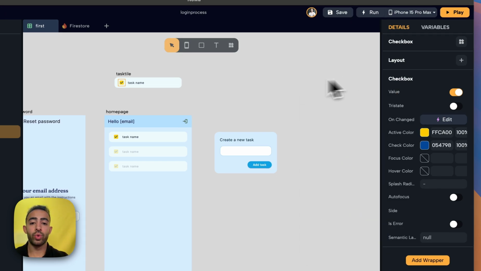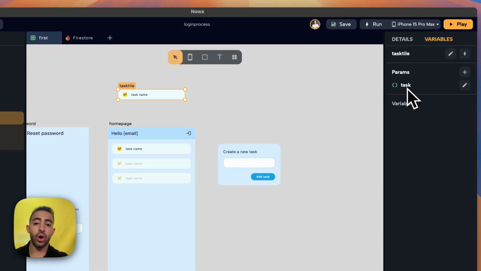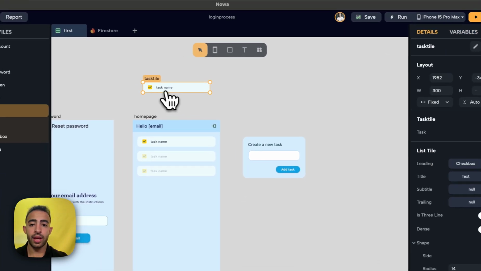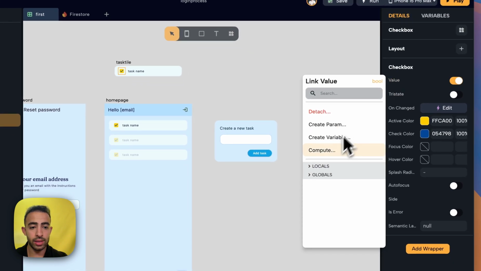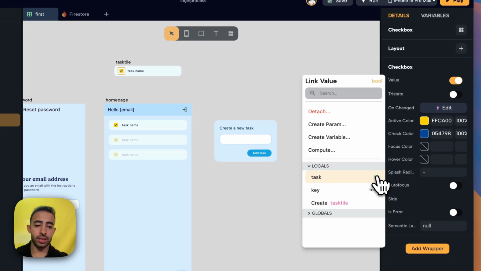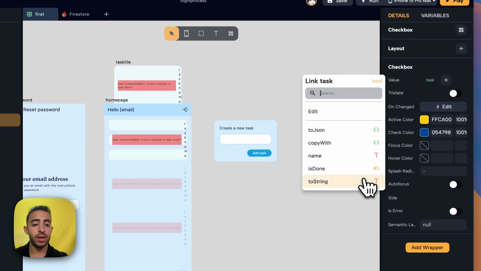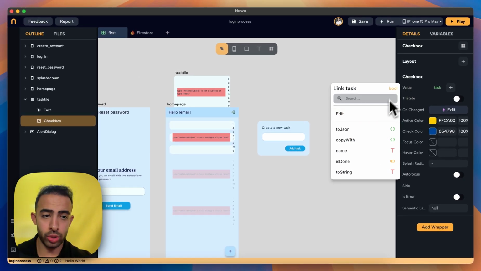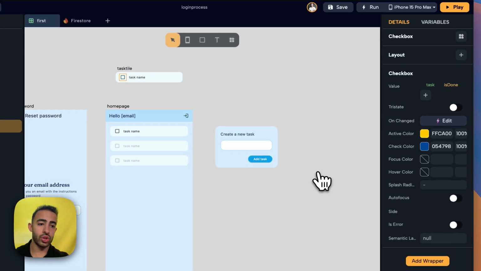Now, by the way, when you create a parameter here, you create it only for the component, so it will be available under the locals. So here under the locals, this one is the task I created here, which is from the type to-dos. And when I click on it, the value expects a boolean. You can see here, it expects a boolean. So you have to connect it to something which is boolean. So task itself is from the type to-dos, but I need to get to the is done parameter inside the task, so I can connect it to the